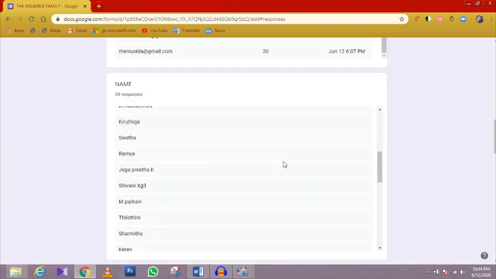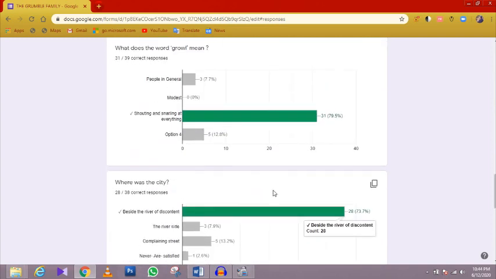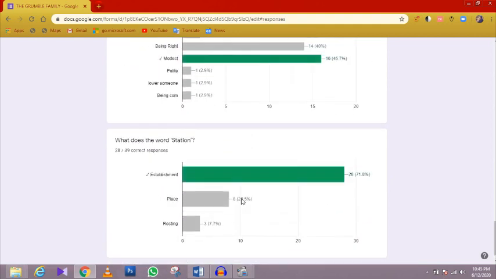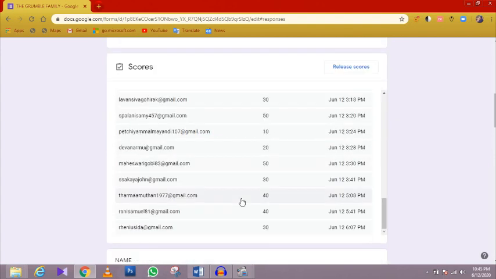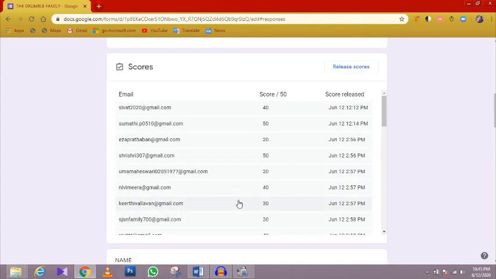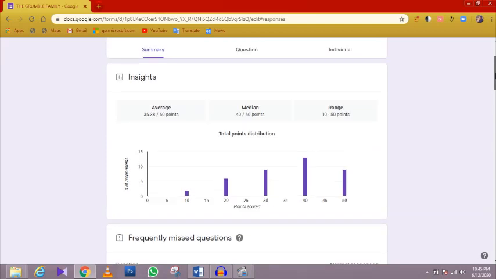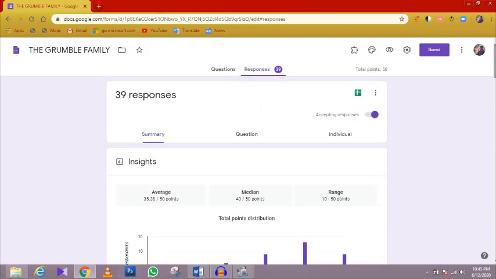And coming down, you can see a graph of how many answered correctly. I mean, overall how many students selected that particular right answer. So you can see the percentage here in graph form. If you want to save or download these answers, if you have kept some quiz and you want to download their marks, you can just click this option.